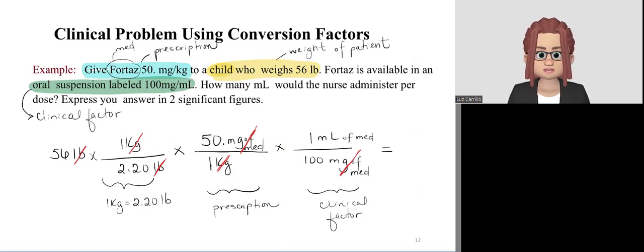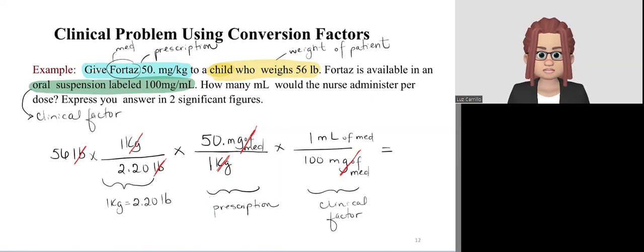And overall, to get the final answer, we are going to multiply 56 times 1 times 50 times 1, and we're going to get a result. We're going to be dividing that by the result of multiplying 2.20 times 1 times 100. When you put that into your calculator, you're going to see a large digit or a series of numbers that